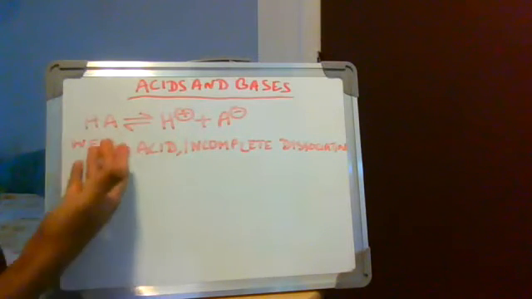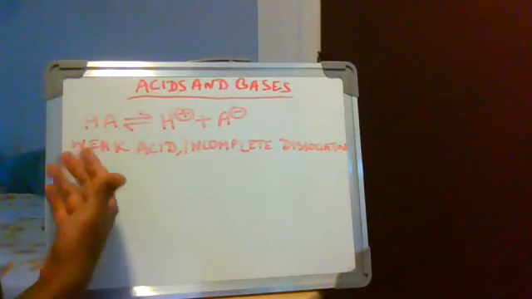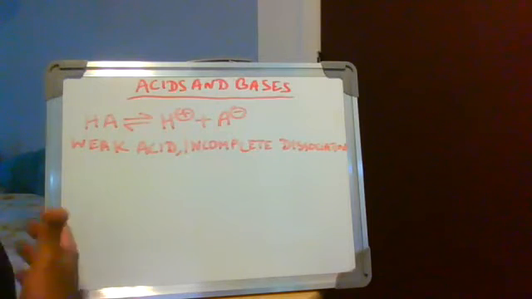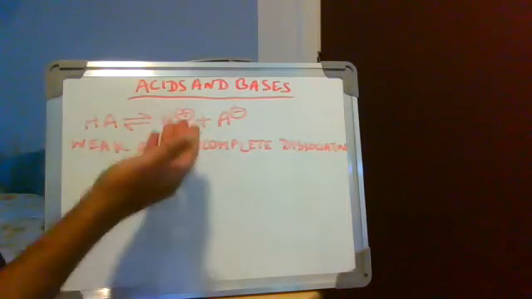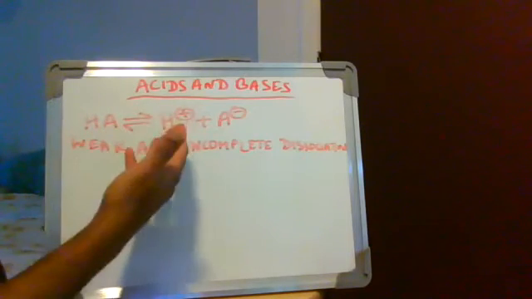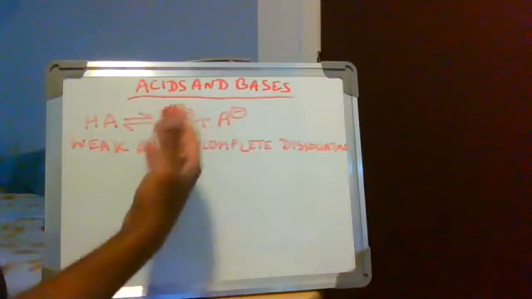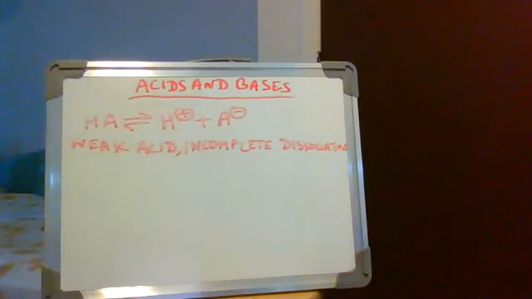It can be that for the weak acid HA, not all the molecules of HA dissociate to give you H+ and A-. It partially dissociates. Some molecules dissociate, some do not. So then you have an equilibrium being established between the products and the reactant. Part of HA is dissociated, giving you H+ and A-, part of it remains undissociated, and also some of the H+ and A- can combine and undergo the reverse reaction.